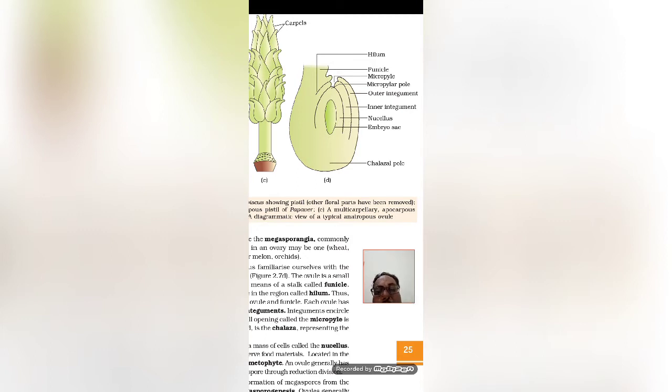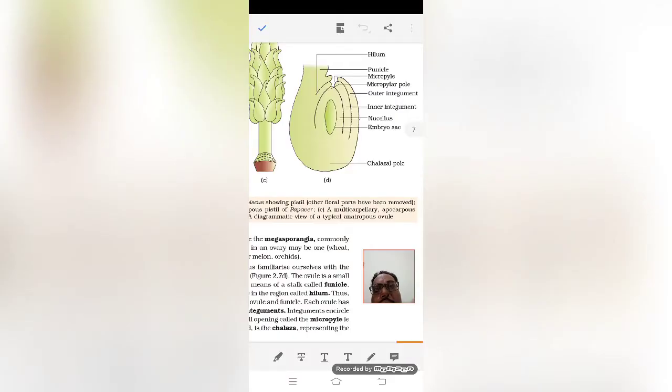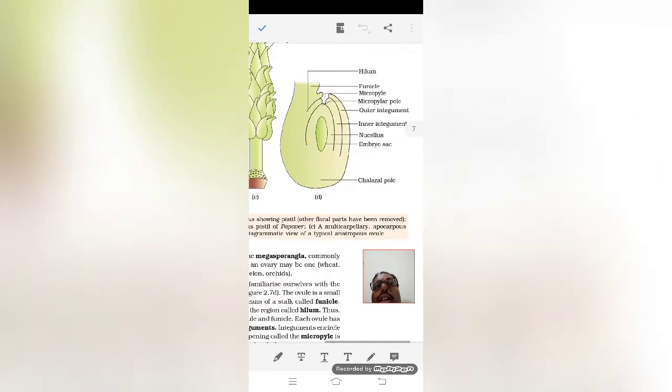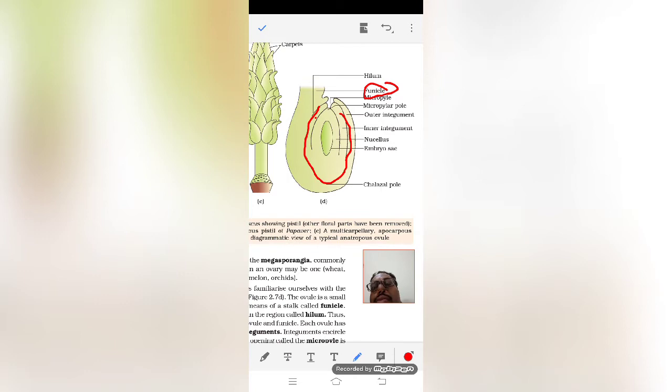For example, if we are asking which part of the ovule is attached to the placenta, then that particular part is the funicle. Then this funicle comes and attaches to an area known as hilum. Hilum serves as the boundary between this inside structure and the outside, and where the funicle